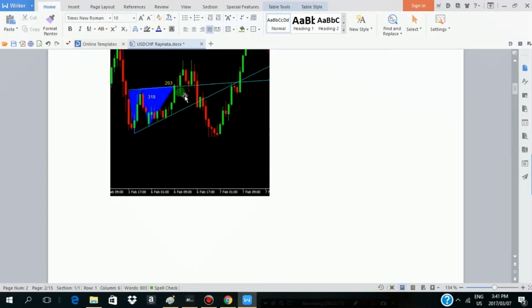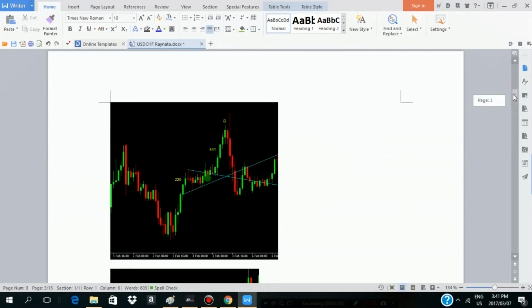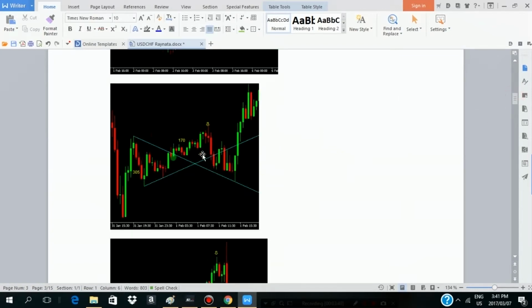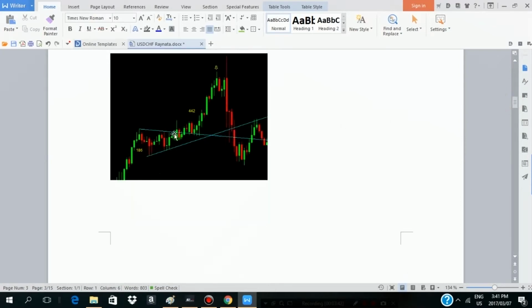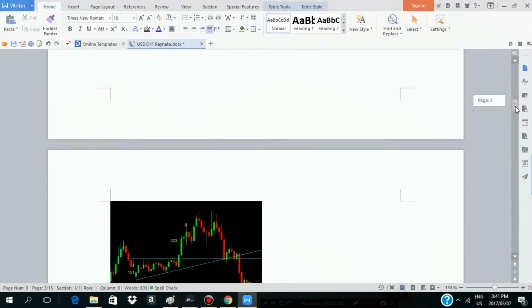Look at my green ellipse. I can clearly see that in this picture, I was in a negative. So I know to expect to be in a negative when I am trading USD CHF's triangles. But the way I know is because there are a lot of places. Can you see here? I was in a negative too. There I was in a negative. And only by constantly seeing, okay, I would have been in a negative and highlighting that you would have been in a negative,